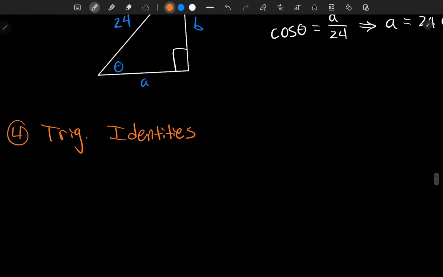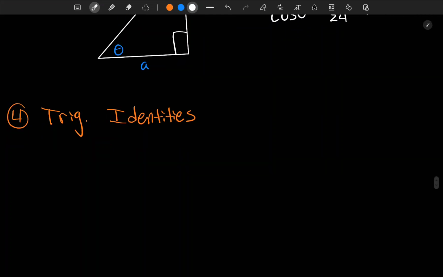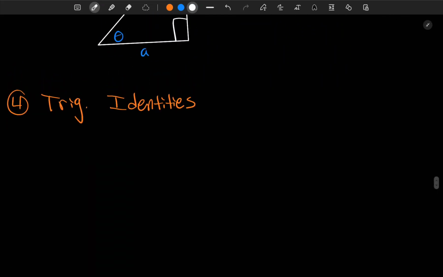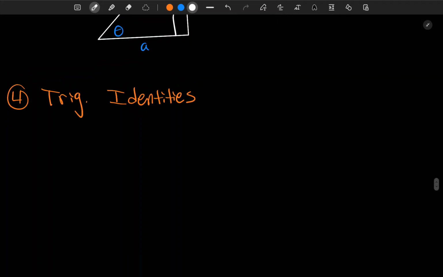There are far too many to list right now, but there are a few key ones which are important to know, and I will just name them here. So, for example,